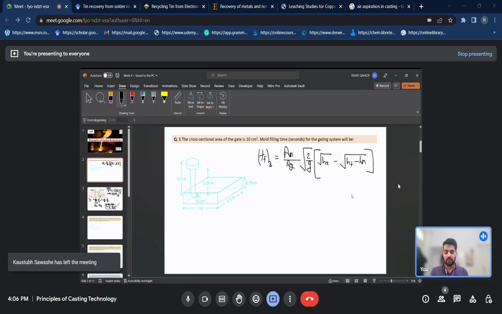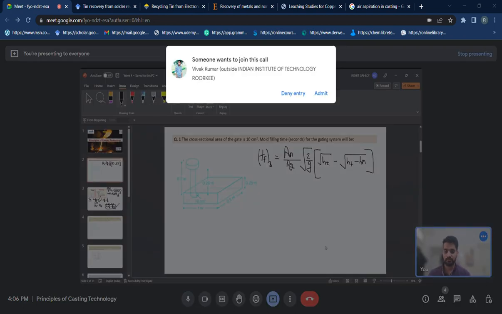The derivation is already present in the theory part of the week 3 tutorial. You can go through that if you have any doubt about how it is derived, or you can watch the week 3 tutorial class for the derivation. I request each one of you to please try to solve this. The major issue is whenever